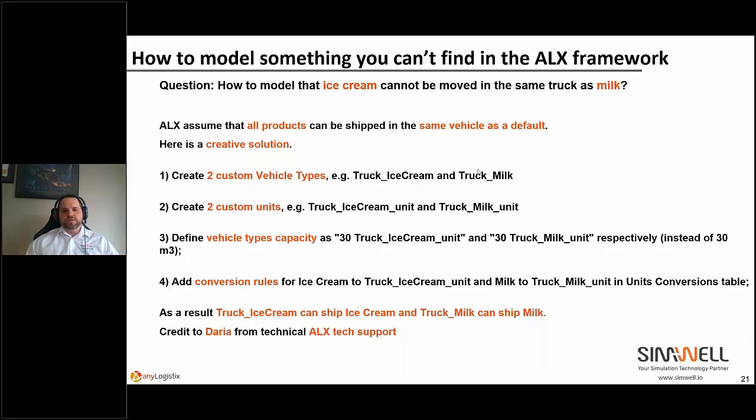There's no option of a cost per product type in ALX. This is a pretty rare option. Oh no, we cannot model that? No, we can model that, right? It's just using what's there and finding the right way to model it.